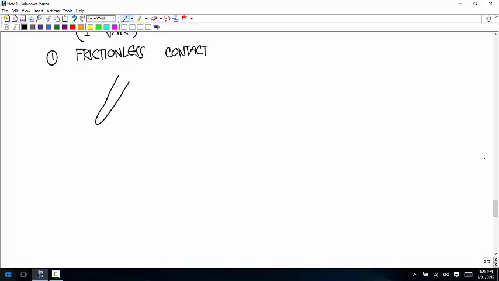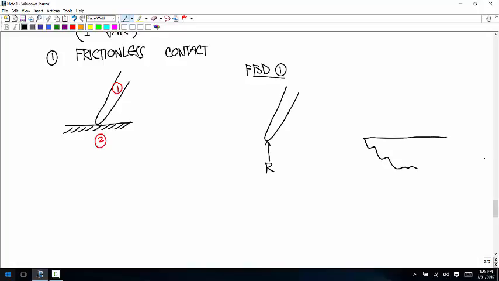And that works just the same way it did in 2 dimensions. If this is body 1 and this is body 2, a free body diagram of body 1 looks like that, and a free body diagram of body 2 looks like